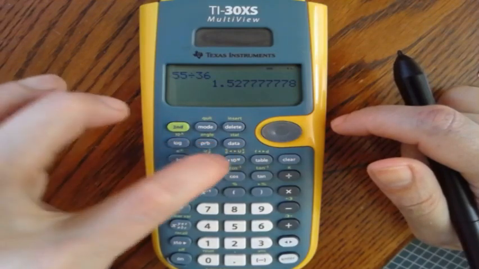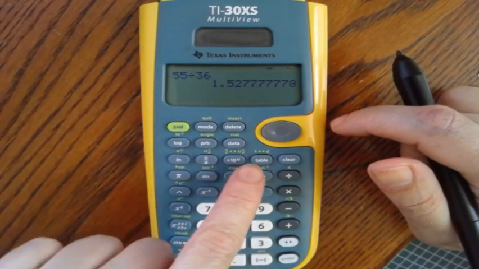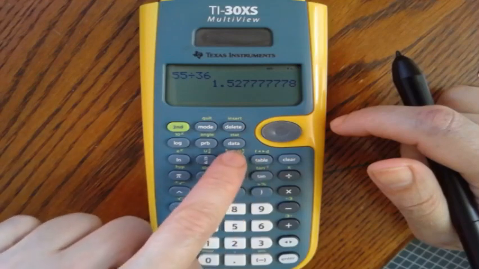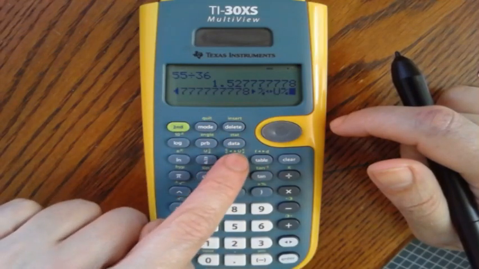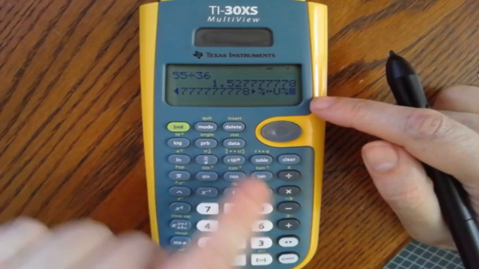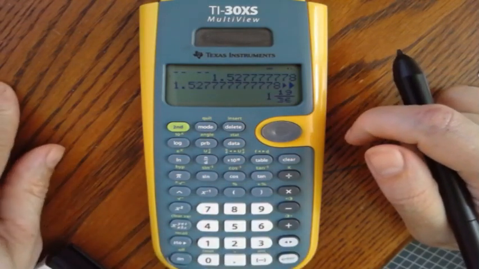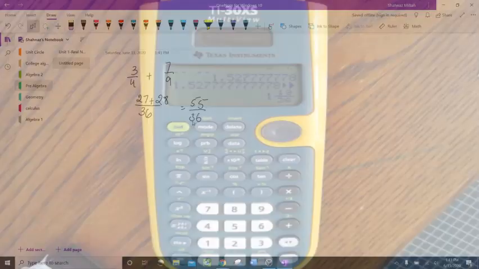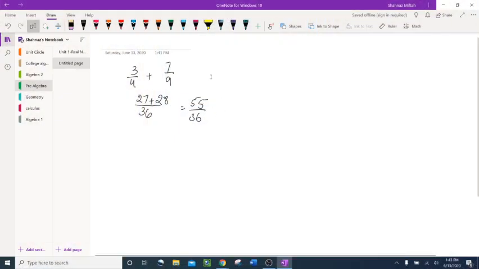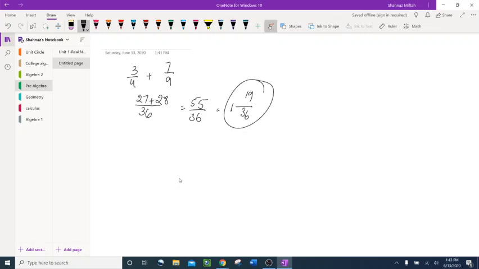Since I need a mixed number, do you see I have a fraction, 55, N over D? That means fraction, and I'm changing it into a mixed number. So I have to press this button, second and this, and you press enter one more time. And it's going to give me 1 19 over 36. So my answer is up here, 1 19 over 36, and you can change that like that. Okay,